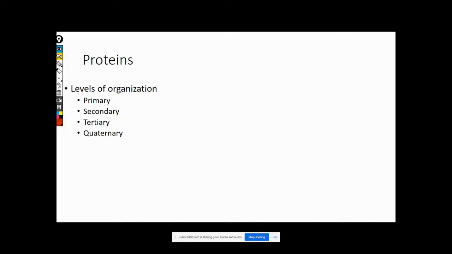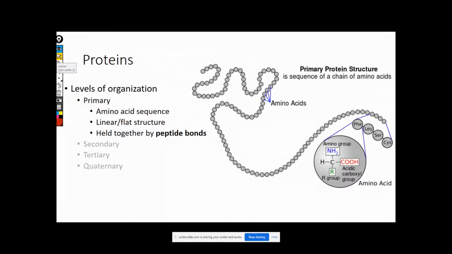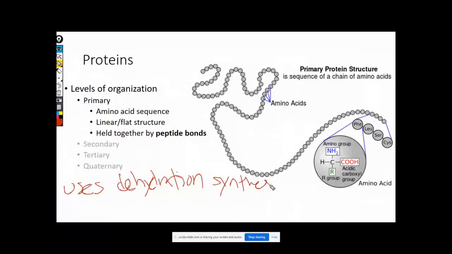All right, so let's focus again here. We're going to look at the primary structure. So again, the primary structure is this. Let's use a bunch of dehydration synthesis and throw these bad boys together. Okay, so as we're linking together our amino acid sequence, right, this is using that dehydration synthesis. So all this is creating those peptide bonds